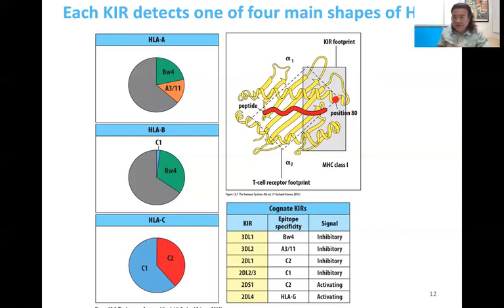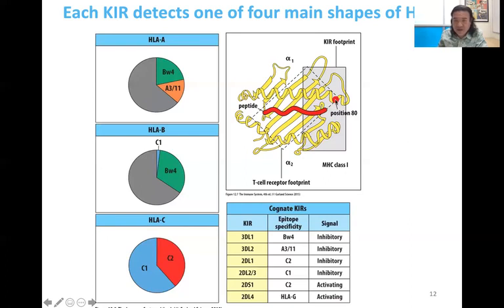Right? So most of these allelic variations are very subtle. If you look here, this is looking straight down at the top of an MHC platform. This is the cleft that holds the peptide, right? So the short peptide that's being presented is this red squiggly thing. And this red dot just shows where one of the genetic variations would be in this position